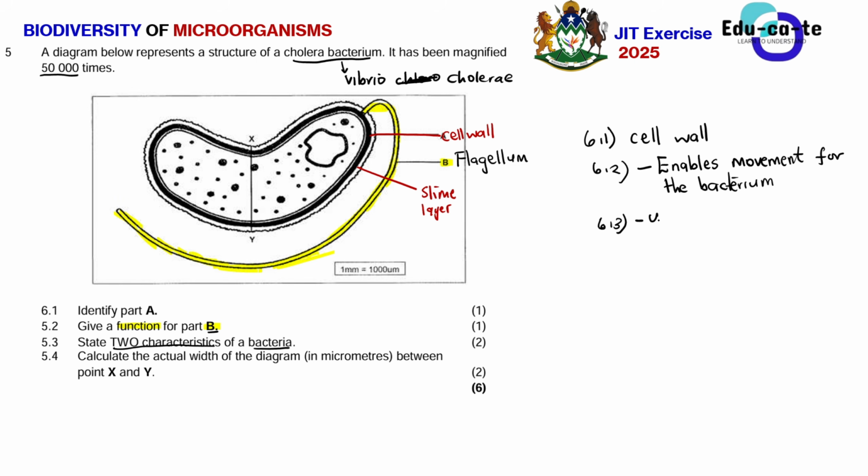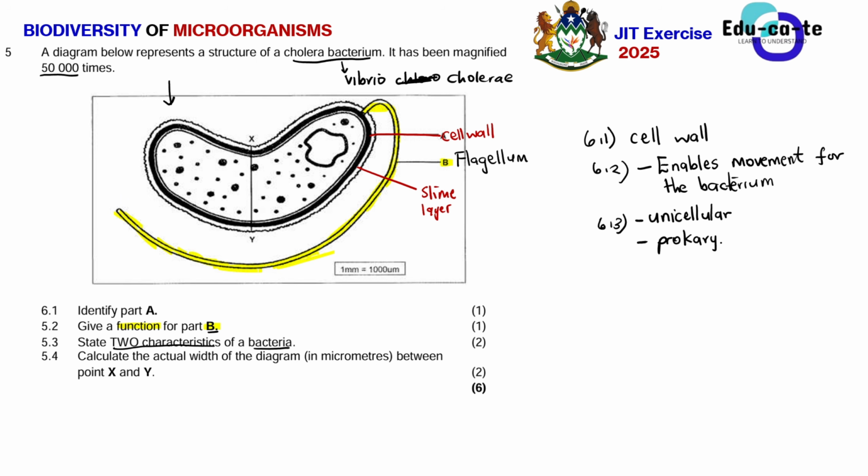But the simpler one is that a bacterium is a unicellular organism. When you say that it is unicellular, it simply means that it consists of only one cell in its body. So basically a bacterium is complete as just one cell. So it is a unicellular microorganism. You can also say that the bacterium is prokaryotic. Remember, the bacterium does not have a true nucleus. Instead, it has got a nucleoid. So you say that it is prokaryotic.